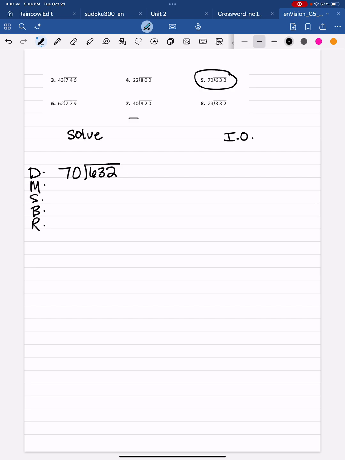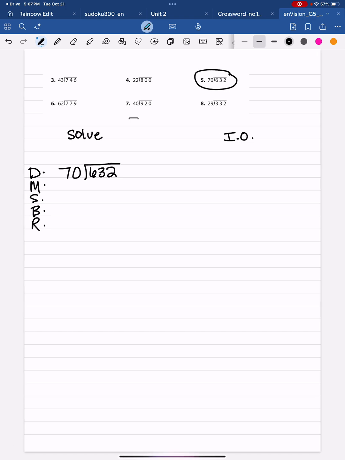So using standard algorithm, we're going to ask ourselves, how many times will 70 fit into 6? Well, it will not. So we're going to move over one more number. How many times does 70 fit into 63? It will not. So we're going to have to use the whole number. How many times will 70 fit into 632? They are going to have to write their multiples out of the divisor,